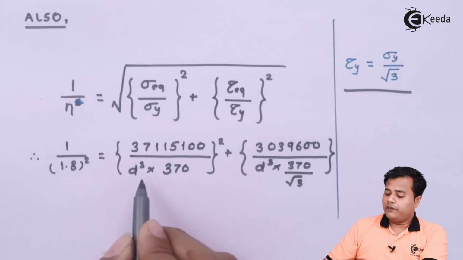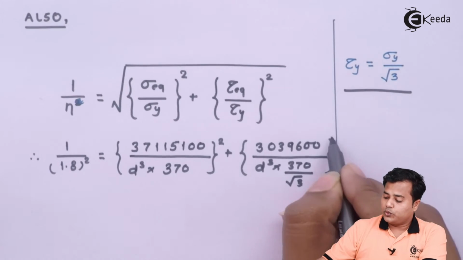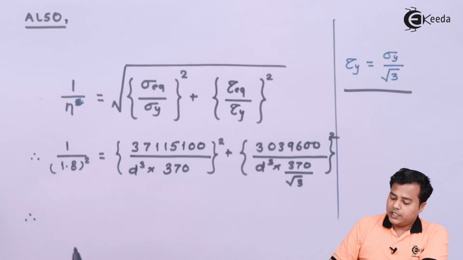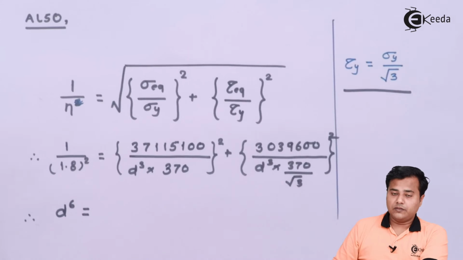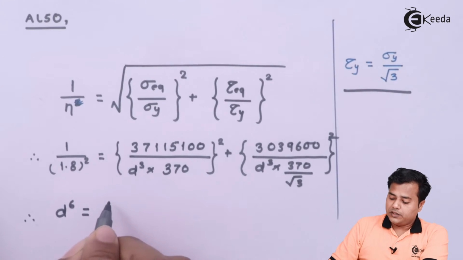After evaluating, the only factor is d cube raised to 2 that we get, and therefore it becomes d raised to 6. I've already figured out this calculation, you can work out with this, and that comes out to be